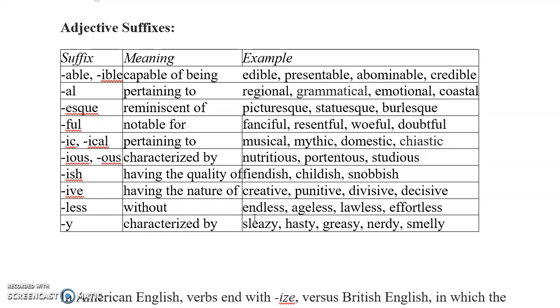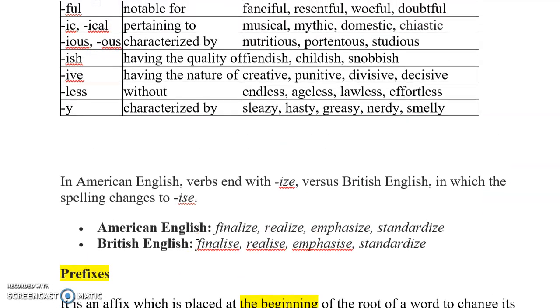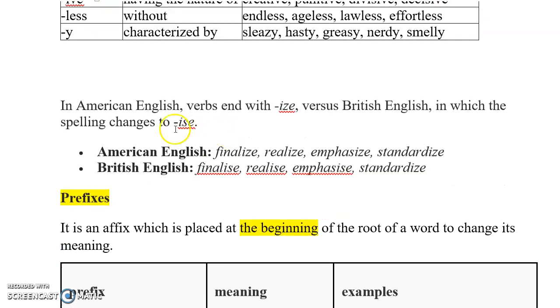The adjectives as well have some suffixes. Like al, as in regional or grammatical, and ive, as in decisive or creative. I'll give you a little note: in American English, verbs end with ize